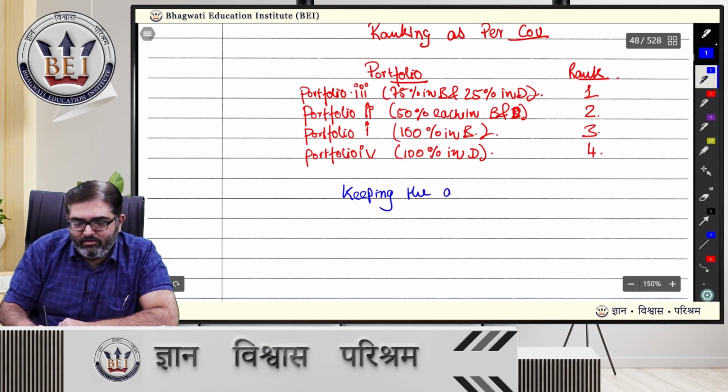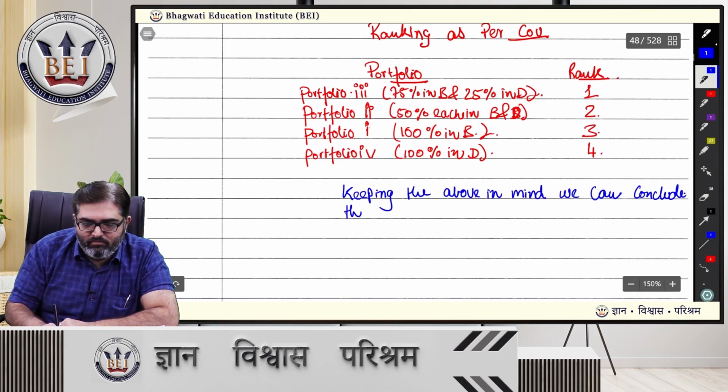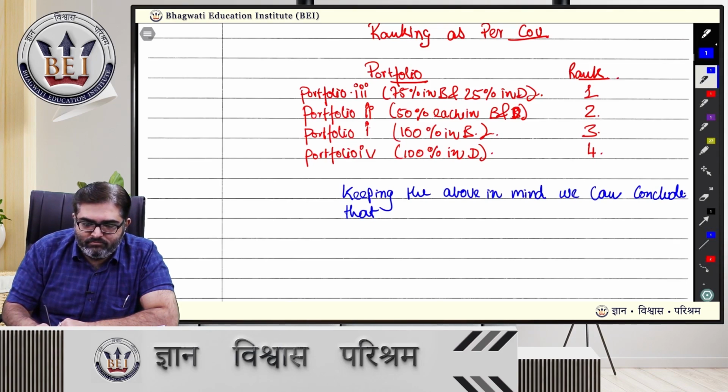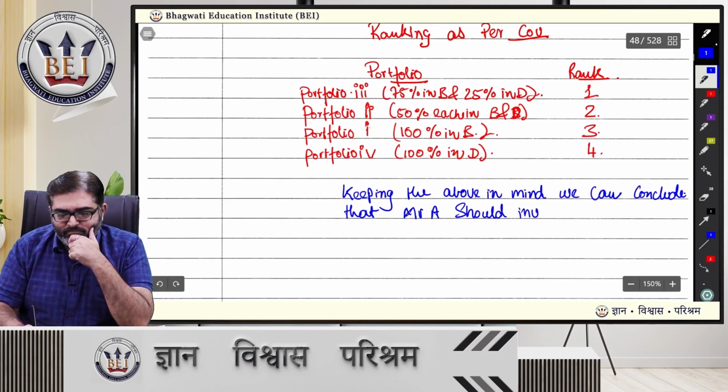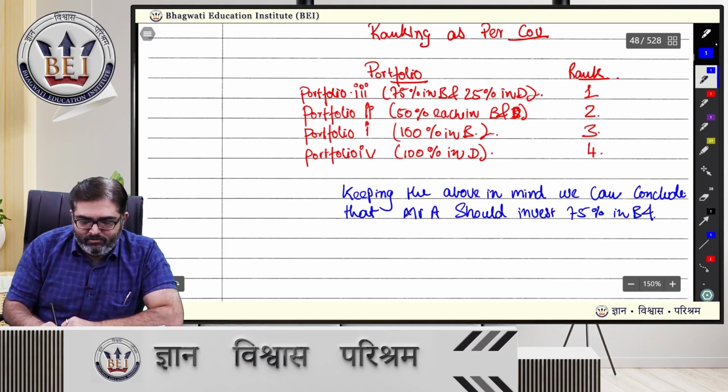Keeping the above in mind, we can conclude that Mr. A should invest 75% in B and 25% in D,